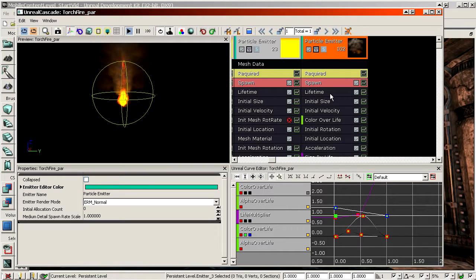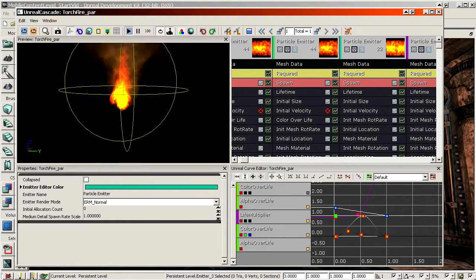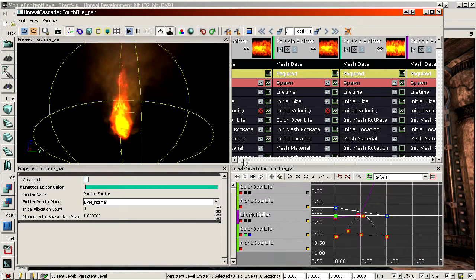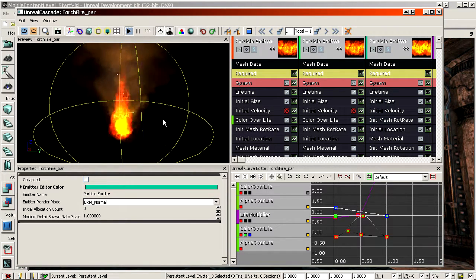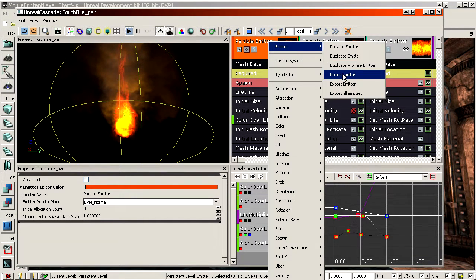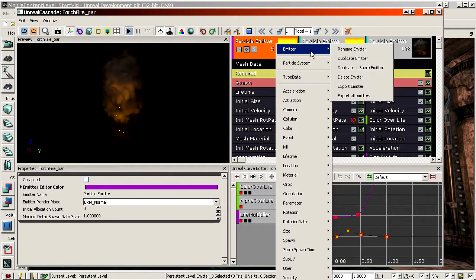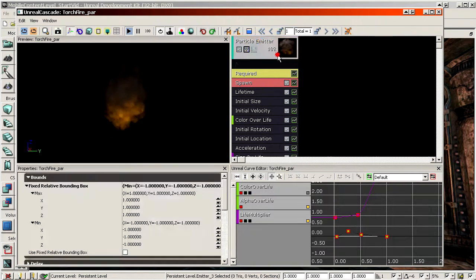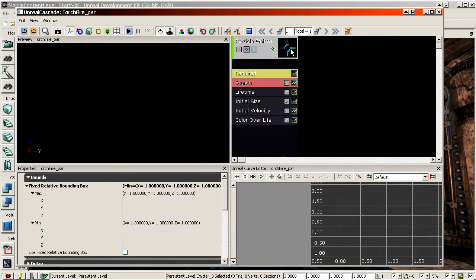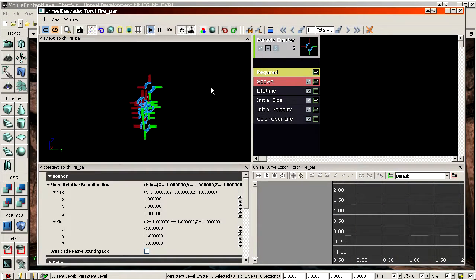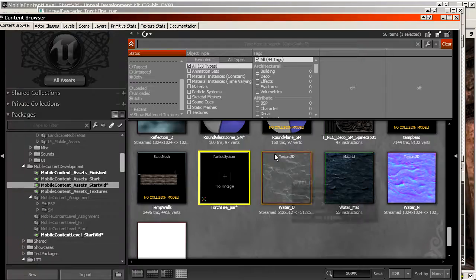So what I would do to fix this is very simply delete the smoke above it, because the smoke is too dense, it's too large, and delete every single mesh data. You should avoid mesh particles unless you really need them. They're about 10 times heavier to render than a sprite particle. So I would solve it by simply removing all of them, making a single new sprite particle system, and then